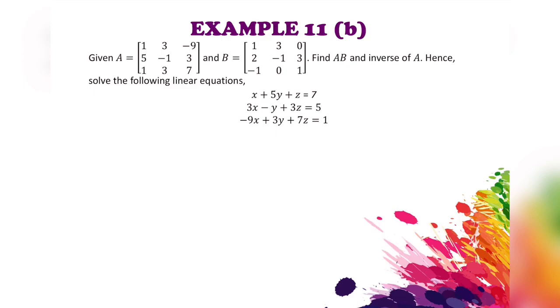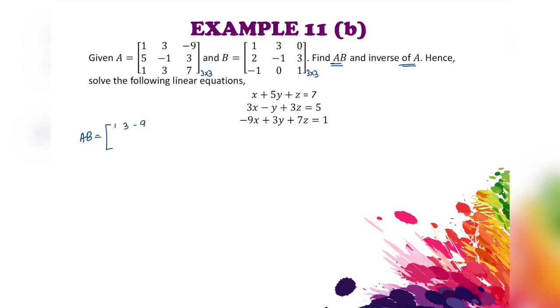Given A, which is a 3 by 3 matrix, and B, a 3 by 3 matrix. Find AB and the inverse of A, hence solve the following linear equations. Okay, let's start with finding the product AB, and next we find the inverse of A. So AB is equal to